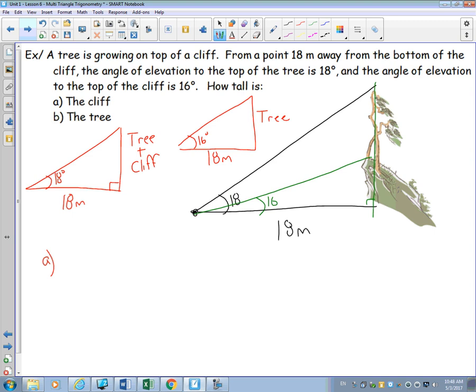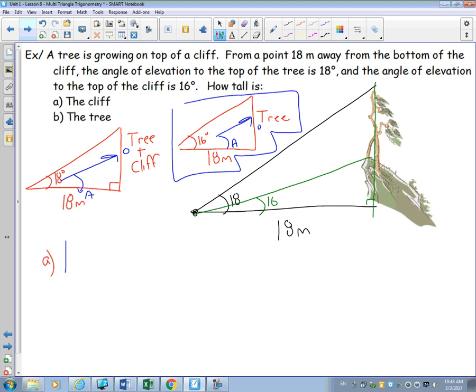by using trigonometry again, SOHCAHTOA. So in both situations, I have an opposite and an adjacent, which means I'm using tan either way. And it's actually easier to figure out the tree one first, because I can see in this diagram right here